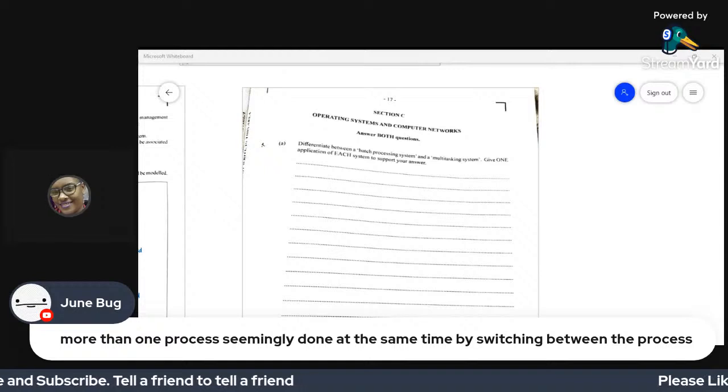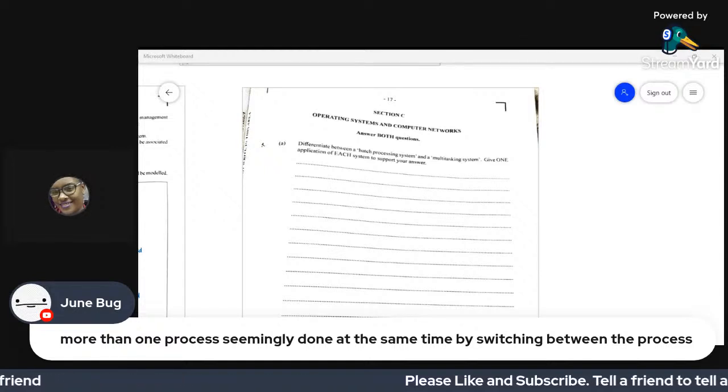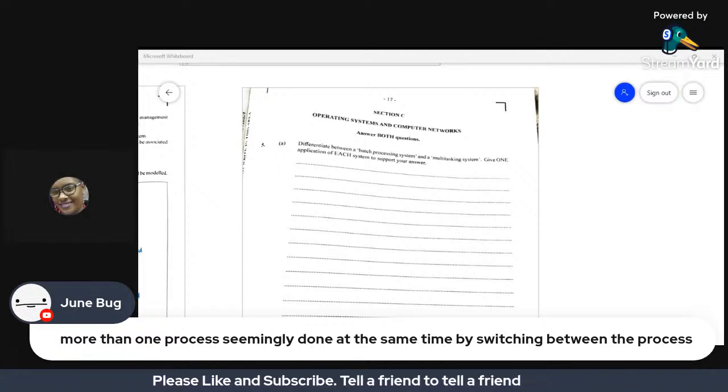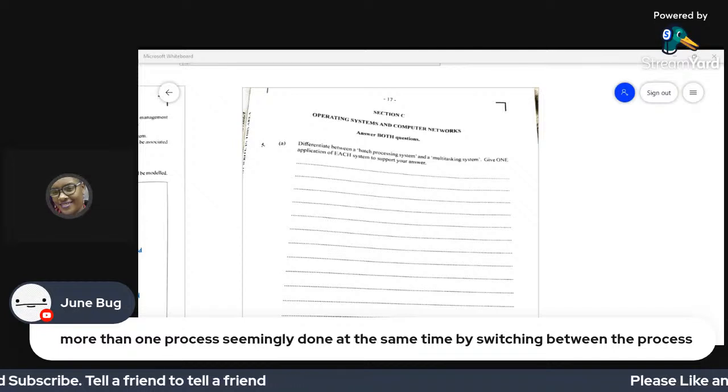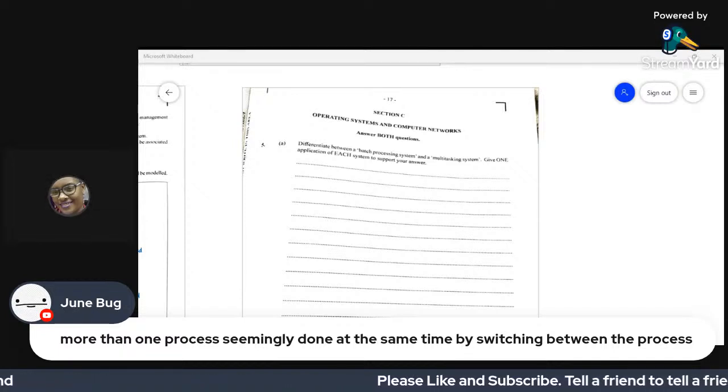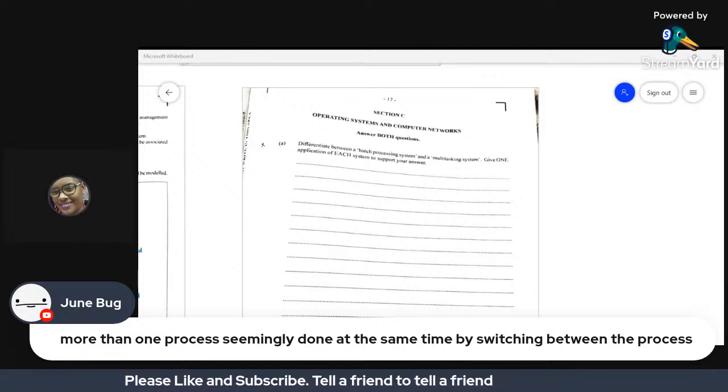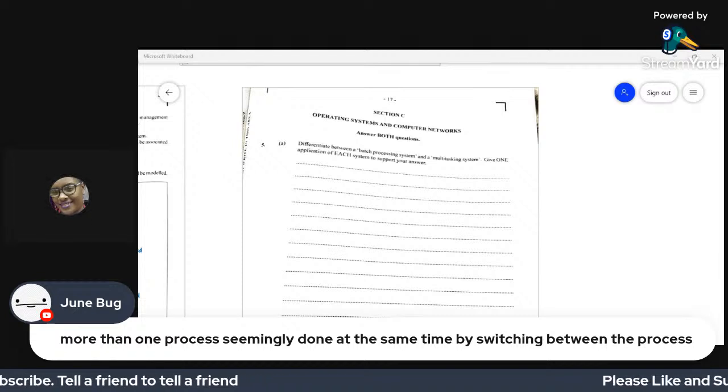For your multitasking system, your CPU allows different tasks to be done simultaneously at the same time. So you can have multiple windows open. You can be browsing the internet, playing a YouTube video while typing up a Word document, while you have many folders open.